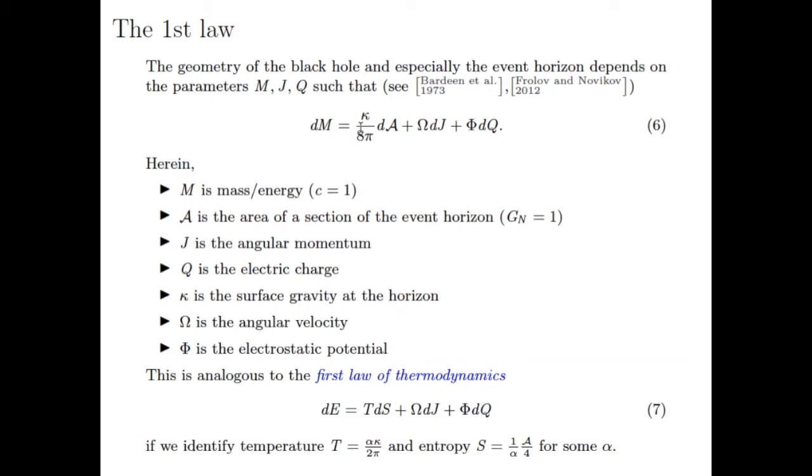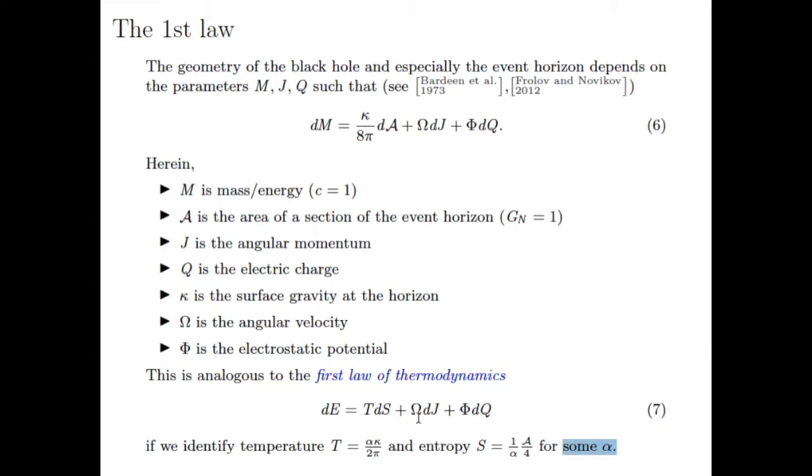So these laws are essentially identical if we identify S to be some constant times the area, and T, the temperature, to be some constant times the surface gravity. And I've introduced this parameter alpha here because so far we don't quite know how to fix these